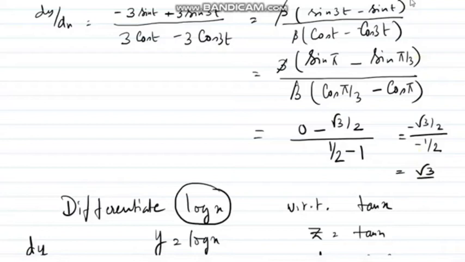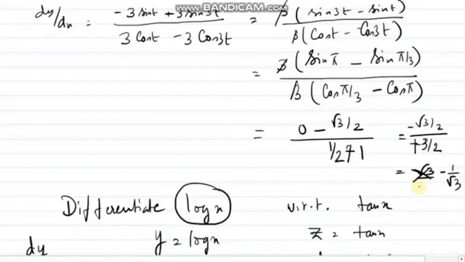I checked that I have made a mistake in the calculation of this sum. Just check, it will be 1 plus half. So in this sum, it will be 1 plus half, so it will be plus 3 divided by 2. Hence the answer I wrote was wrong. So it will be minus 1 divided by root 3. That will be the answer. It is my mistake.